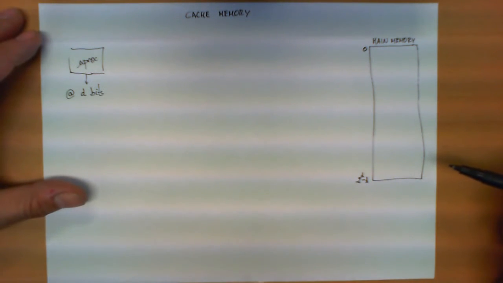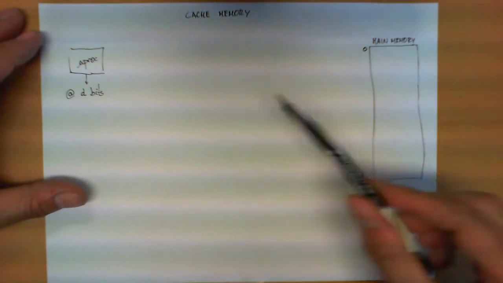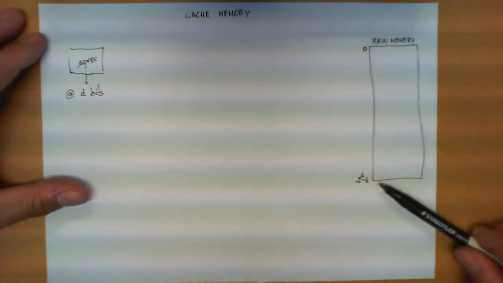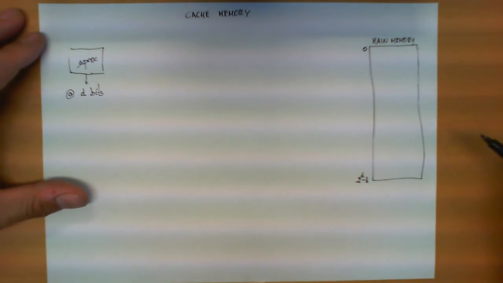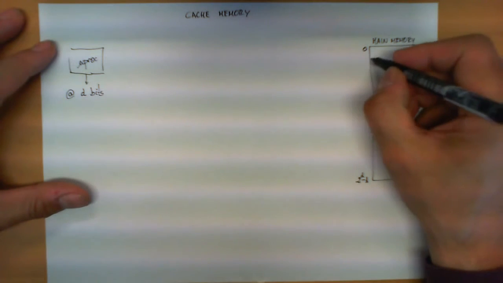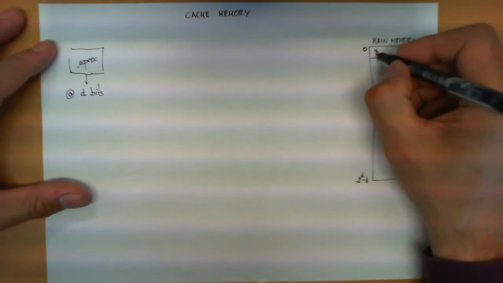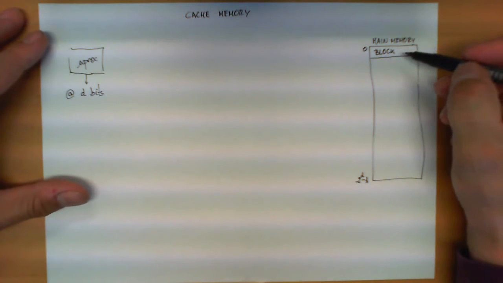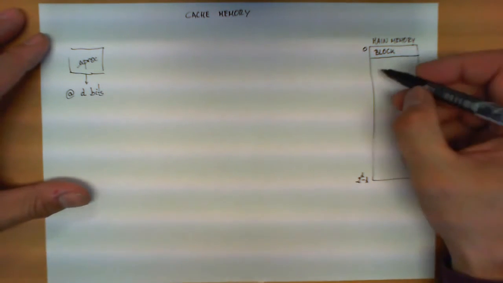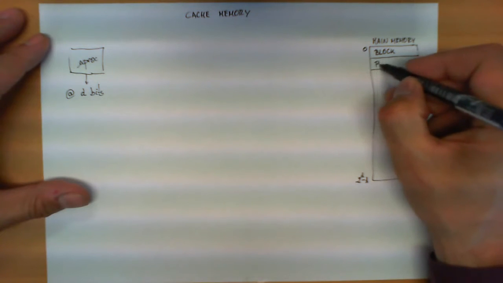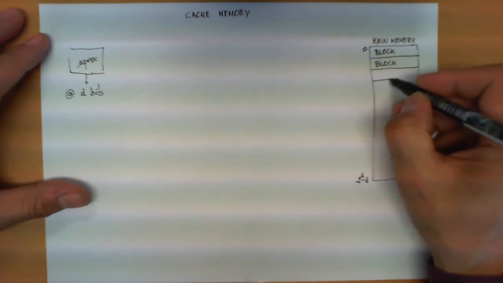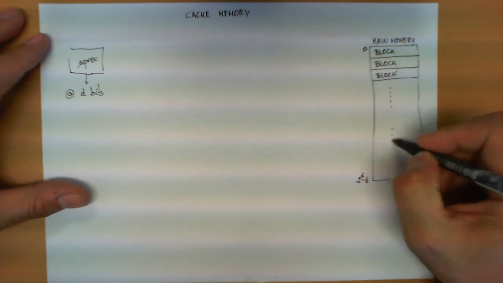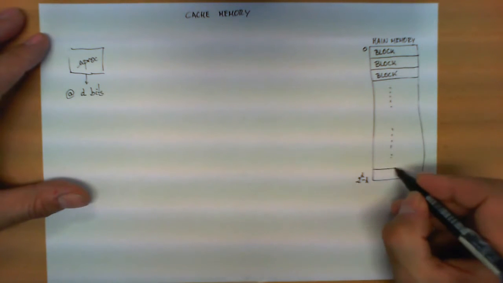Now, the first technique that is used to adapt the speed at which this microprocessor runs and at which this memory chip is capable of executing read and write operations is dividing the main memory into blocks. So this block contains a set of consecutive bytes stored in memory, and the whole memory is divided into these blocks of equal size. We have another one here, all the way down to the last one